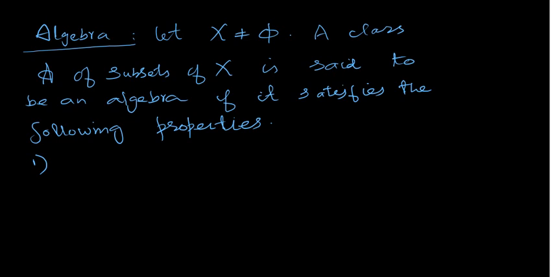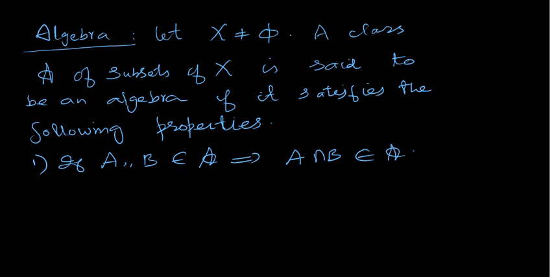If A, B belongs to A, this implies their intersection is again in A. That's the first property. And the second property is if A belongs to A, this should imply its complement